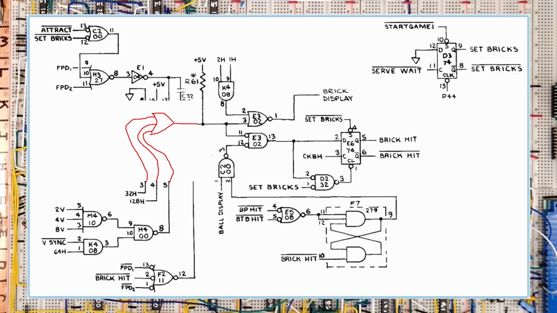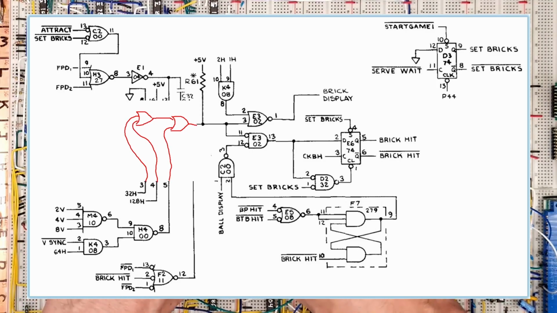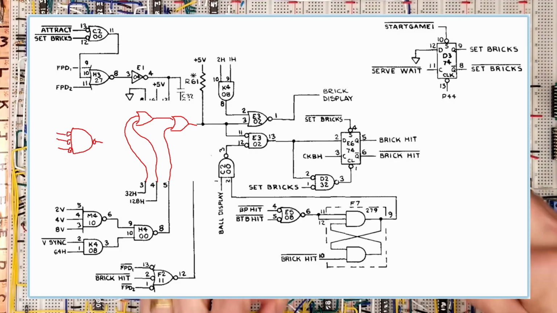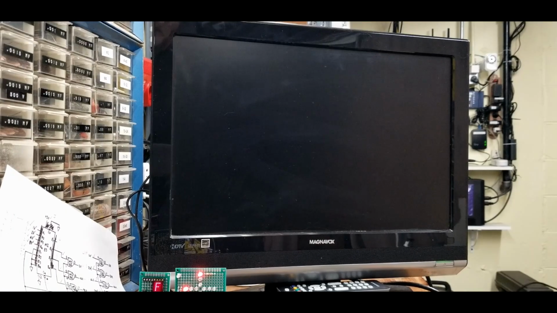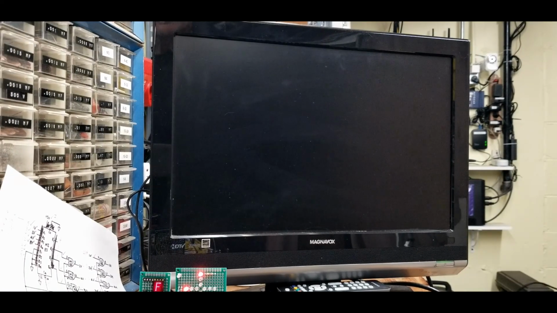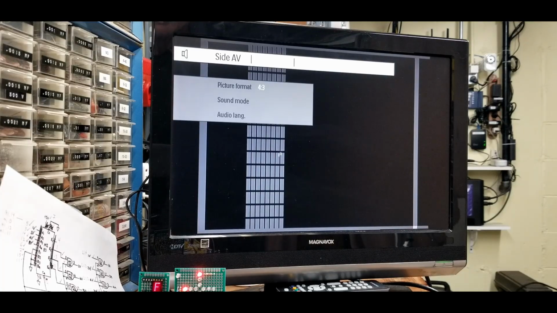Since the 7400 series doesn't have a 3-input OR, we'll make up our own. In De Morgan notation, this would be a negative 3-input NAND, because you want the output to go low only when A, B, and C are low. Power that up. No smoke. Always a good sign. That looks pretty cool.